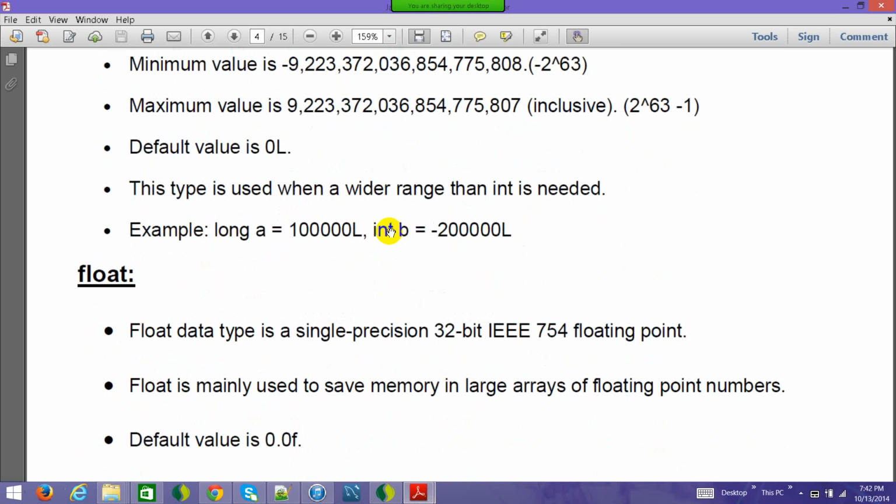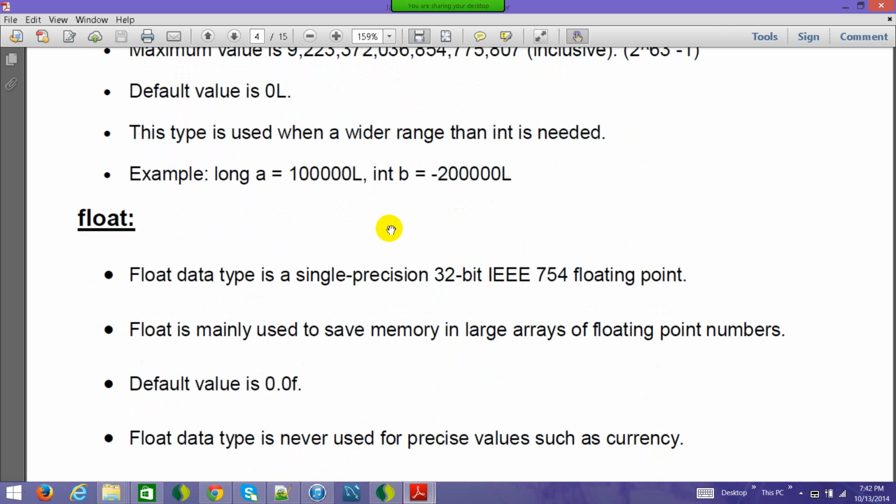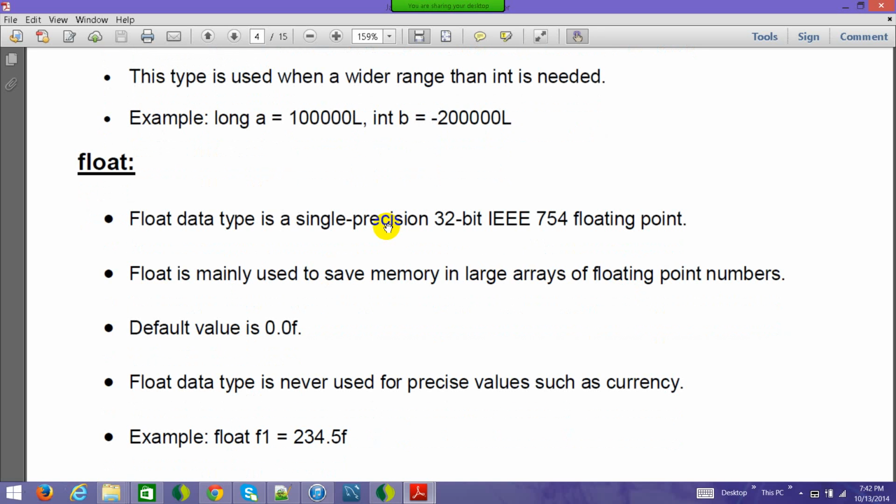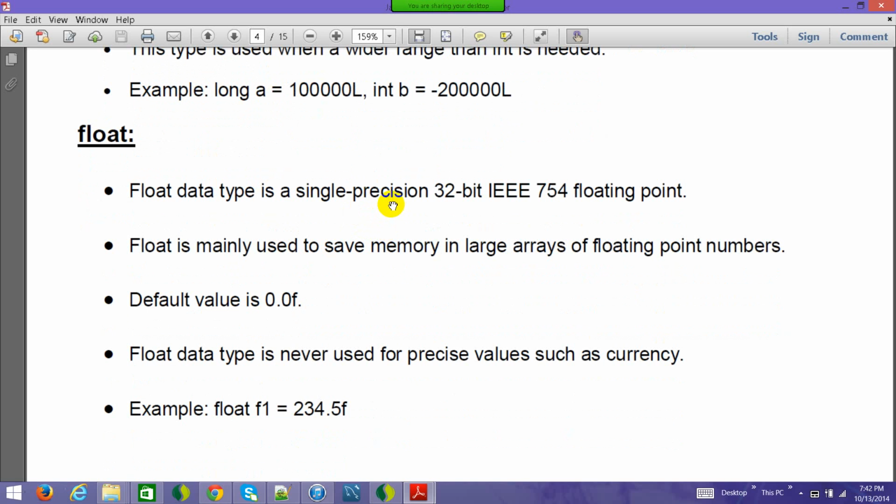Now let's go below to float. Float is a single precision 32-bit floating point number, which essentially means that it can store decimal values. So if you have to denote 3.4567, you can use float. Float is single precision, in the sense that you have 32 bits, and 1 bit, as I said, is reserved for sign. After that, 8 bits are reserved for the actual number. So if you have 3.45, the next 8 bits are used to store the number 3, and the remaining bits are used to store the fractional values.